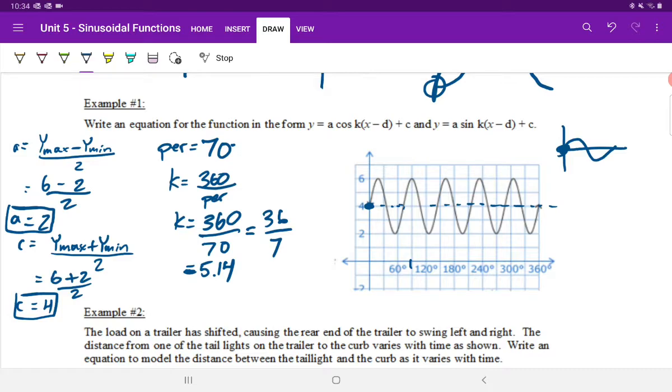That's ideal. This is following a sine curve because it's starting at the EOA on the y-axis. That's exactly what I'm looking for in a sine curve without any phase shift. So I can definitely use my sine curve,